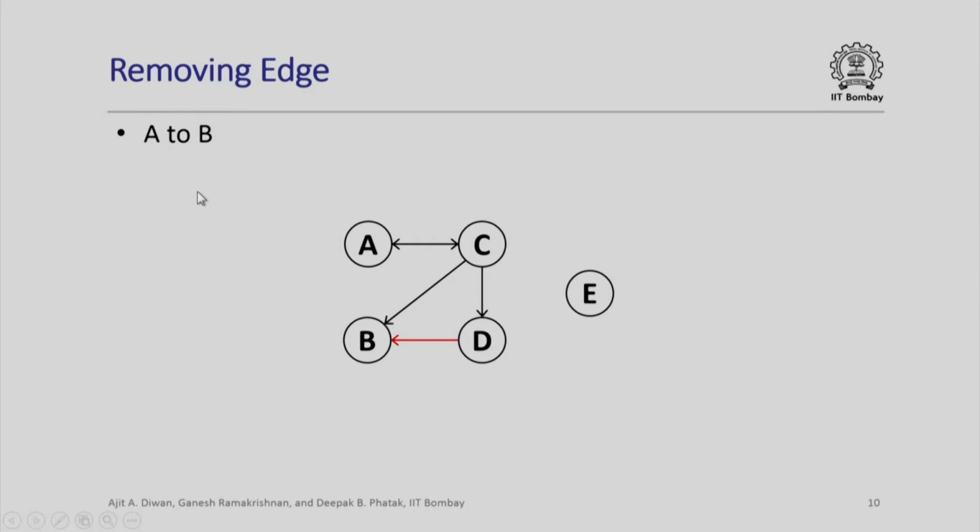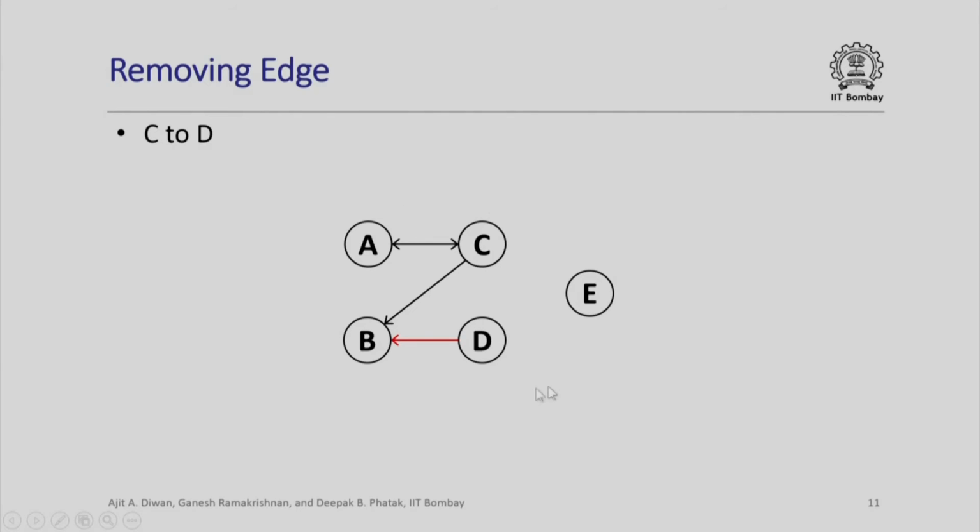There might be a requirement of an algorithm to remove an edge or a node, or we might have made a mistake in giving the input description of the graph, in which case we might have to remove an edge or a node. So, there could be an operation required which will say remove the edge from A to B. When you remove the edge, this will be the representation of that graph. Similarly, removing an edge from C to D will remove this particular edge.